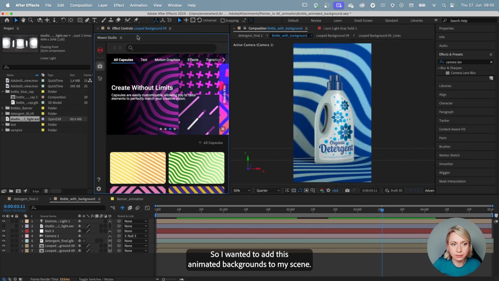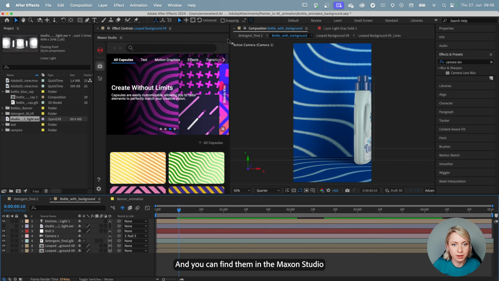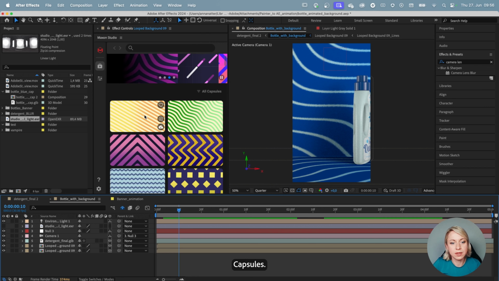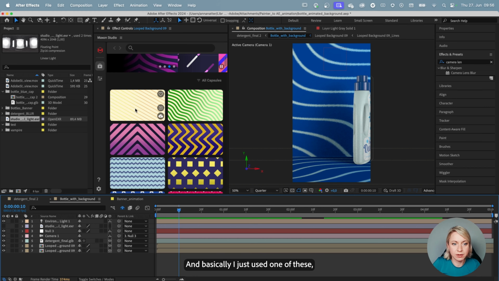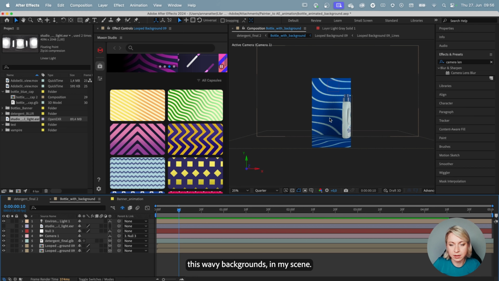So I wanted to add these animated backgrounds to my scene, and you can find them in this Maxon Studio window, and then you can download them. They're called capsules. And basically I just used one of these, this wavy background, in my scene.